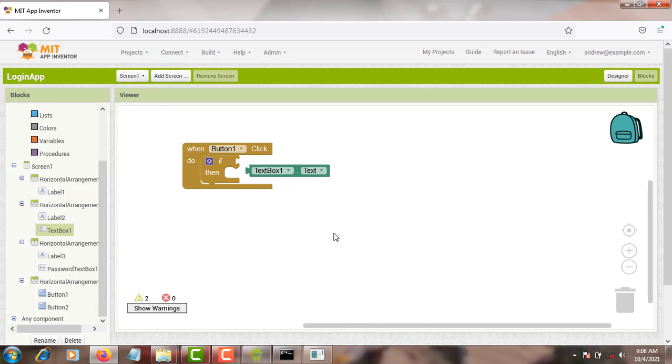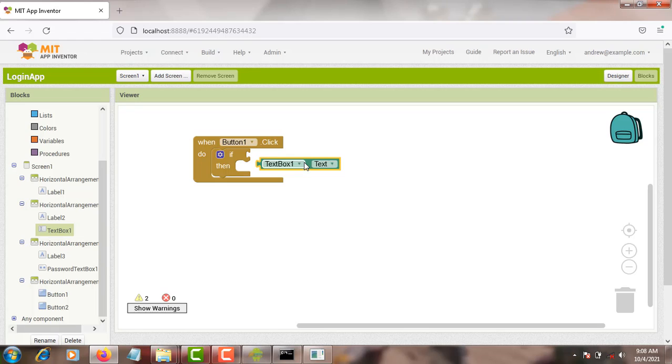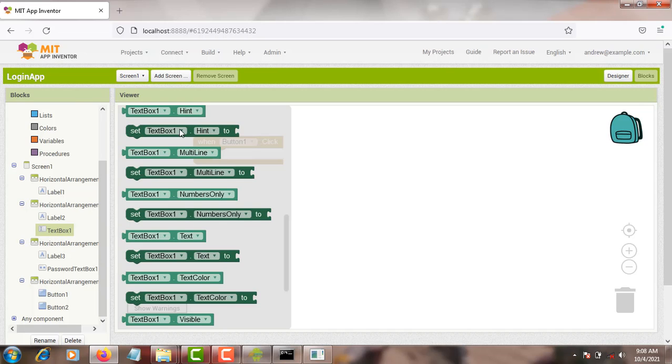Let me delete this. Let me delete and remove this. When button 1 click, then go to the text box 1,